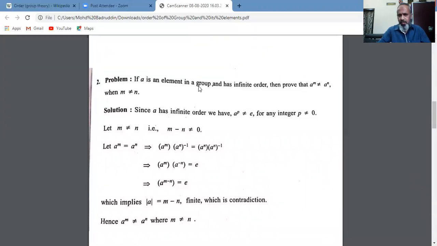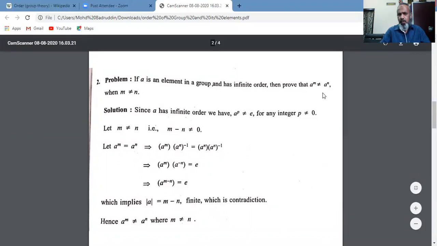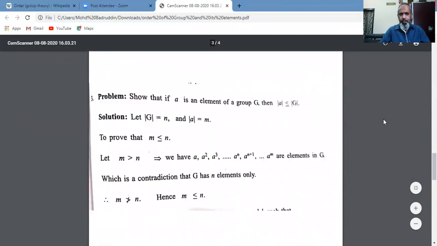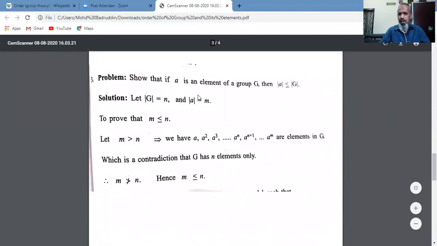So if A is an element in a group and has infinite order, then if a to the power m is not equal to a to the power n, then m is not equal to n. Or if m is not equal to n, a to the power m is not equal to a to the power n. Next problem is, show that if A is an element of a group G, then the order of A